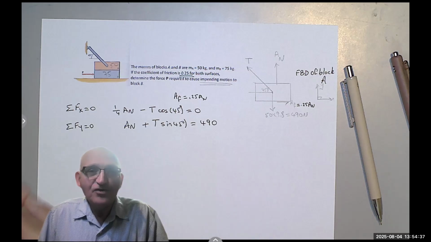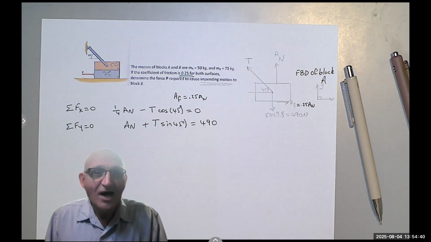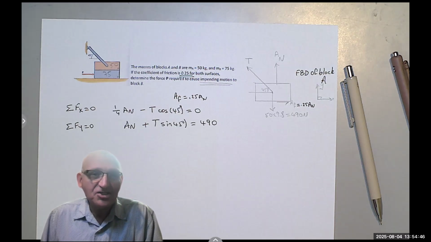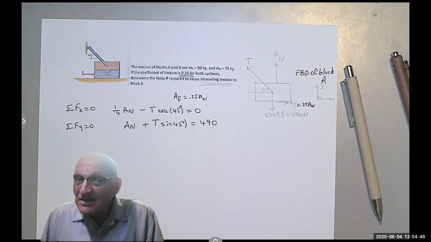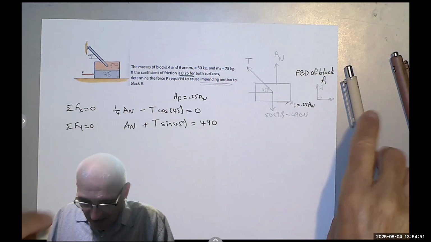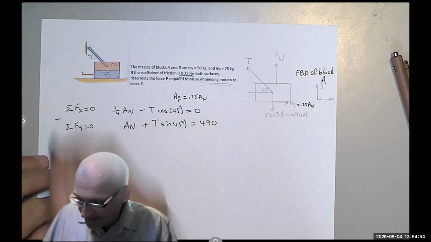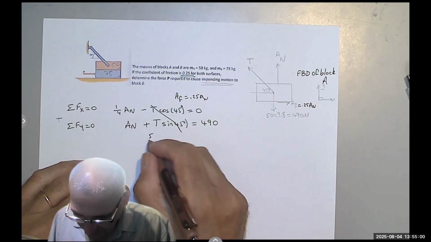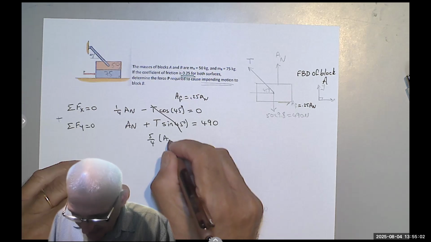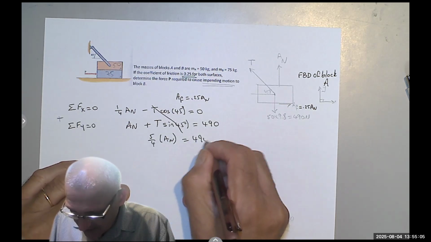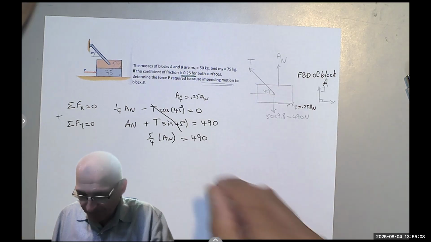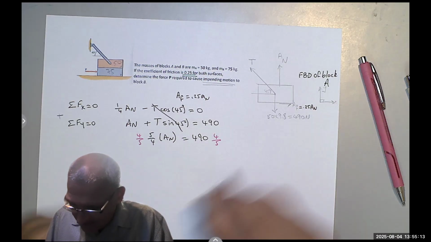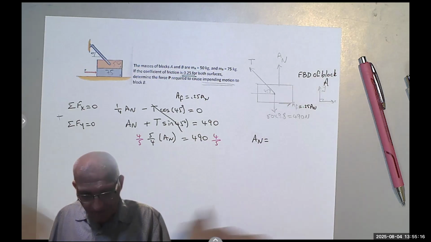Giving you an angle of 45 degrees is a lifesaver. Why? Because at 45 degrees, the sine and the cosine equal each other. Nice? Very nice. Meaning, if I add these two equations together, these guys cancel, and I get 5/4 times A sub N equals 490. So I multiply both sides by 4/5 and get A sub N equals